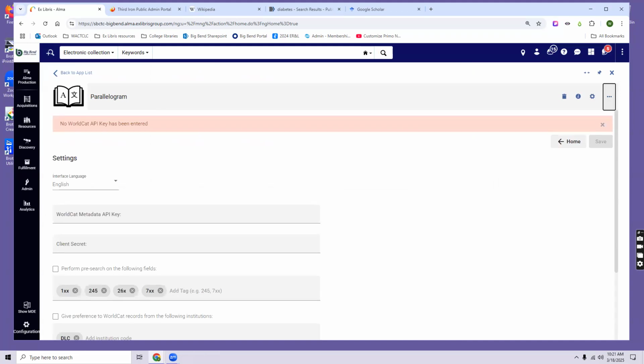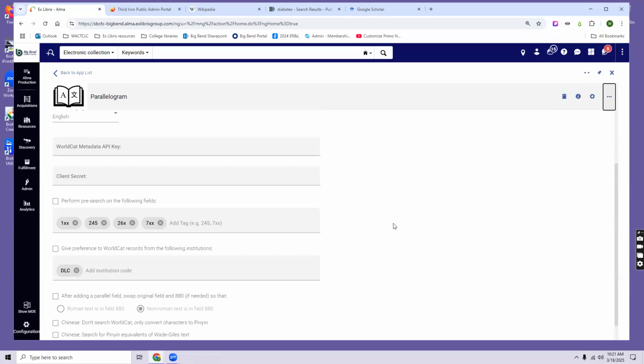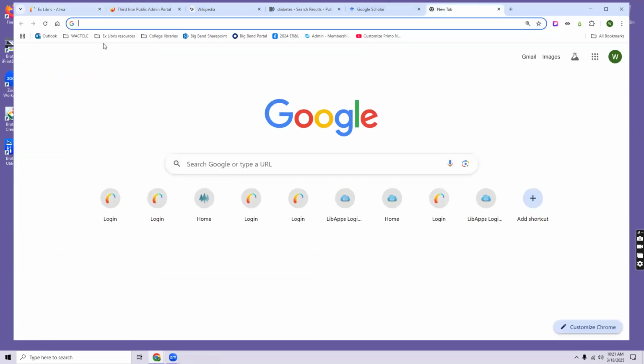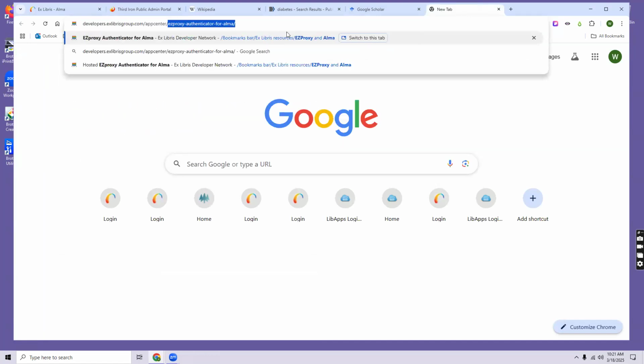Oh, relinking multiple items to a new bib. I'll have to check it out. So parallelogram does require a connection to your WorldCat, but it allows you to populate parallel fields. So that's neat. Let me show you Dev Network and we can look at, I was actually looking at one